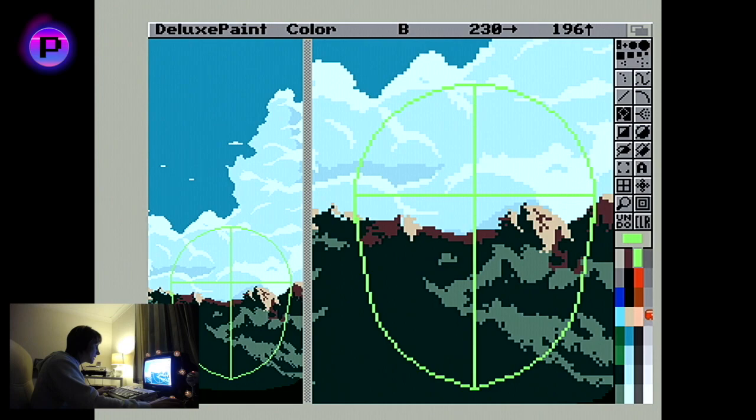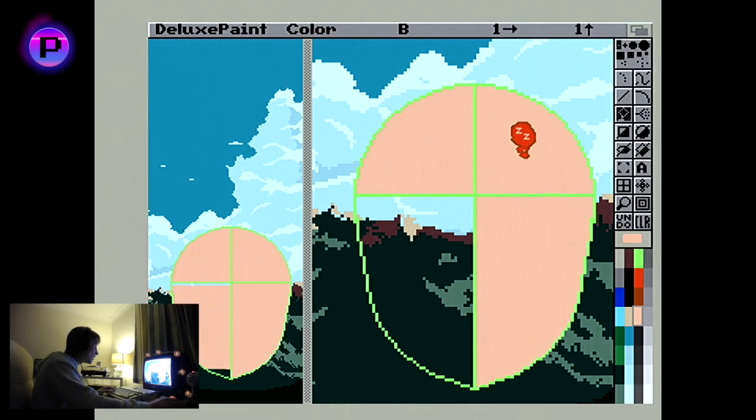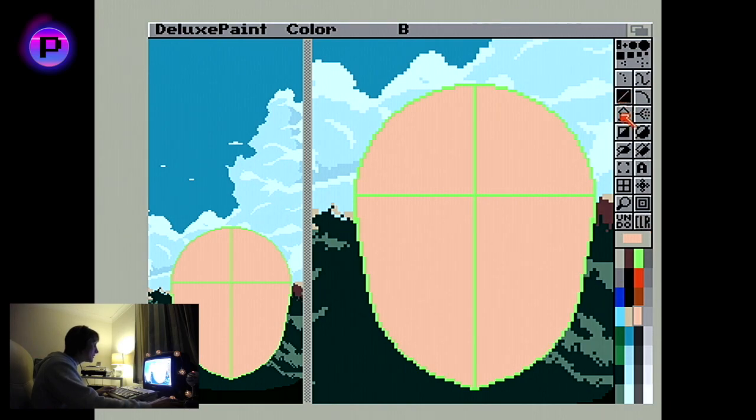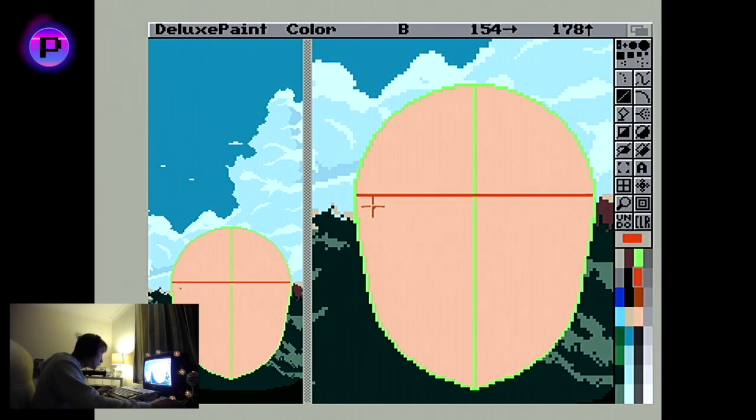And then what I can do is I can pick a colour that I'm perhaps using for the actual face, and I can just fill it in, and you'll see that it's actually filling in over the background. Now obviously the green lines are still there, because they're part of the foreground layer, if you will. And that then allows me to perhaps use a stencil again to only affect certain parts of this drawing. So I might draw these guidelines with this orange because I want to keep these ones